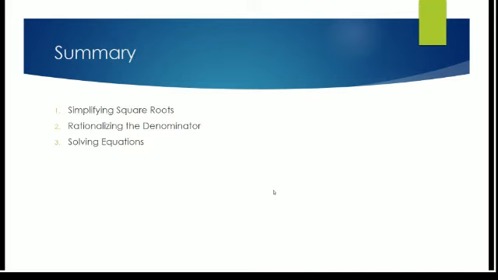So that's solving equations. That's actually the entire lesson. It's a pretty short lesson today. But remember what we talked about: simplifying square roots. We break them up and look for the perfect squares. Rationalizing the denominator, which you do by multiplying on top and bottom to get rid of the square root on the bottom. Solving equations by